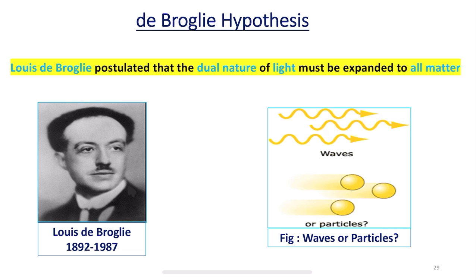It had a mathematical expression, where delta lambda equals lambda dash minus lambda, which is equal to h divided by mc into (1 minus cos theta). So this was the mathematical expression of the Compton effect. And delta lambda is the increase in wavelength, called the Compton shift, which was produced as a result of the interaction between the X-rays and the electron.